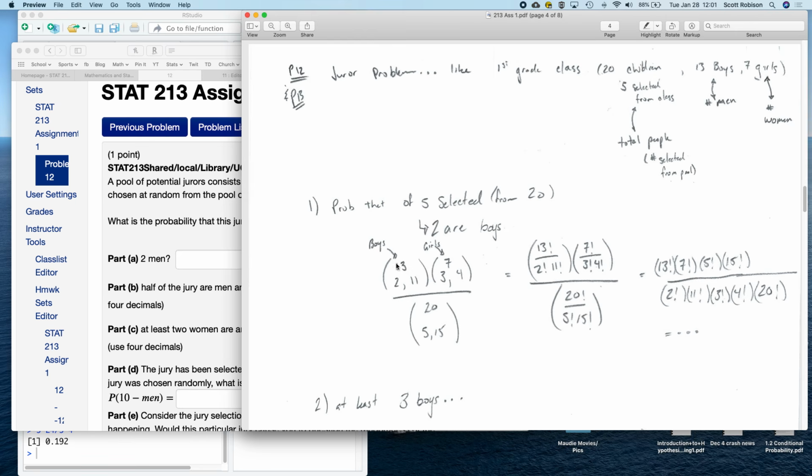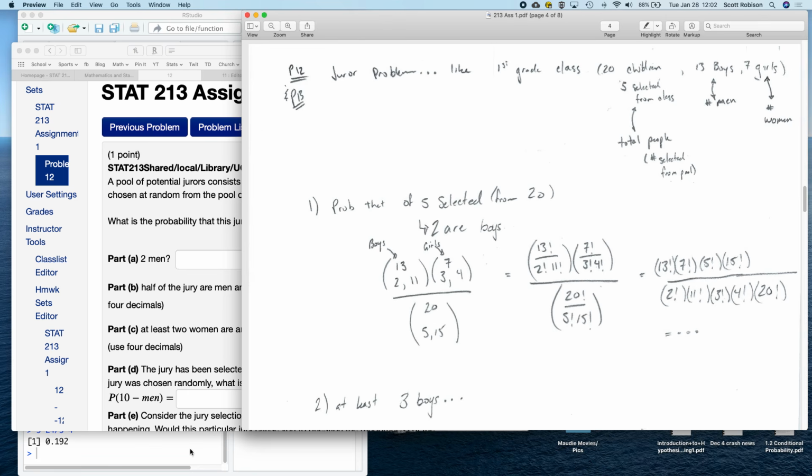So here I've got 13 boys to choose from, and I am selecting exactly 2 of them, and I'm not selecting exactly 11 of them. Out of the 7 girls, I am selecting exactly 3 of them and not selecting exactly 4 of them. And then out of the 20 total, I've got exactly 5 of them that are being selected and 15 that are not. Okay, so here you can either use the multinomial or the choose function, or your calculator with factorials